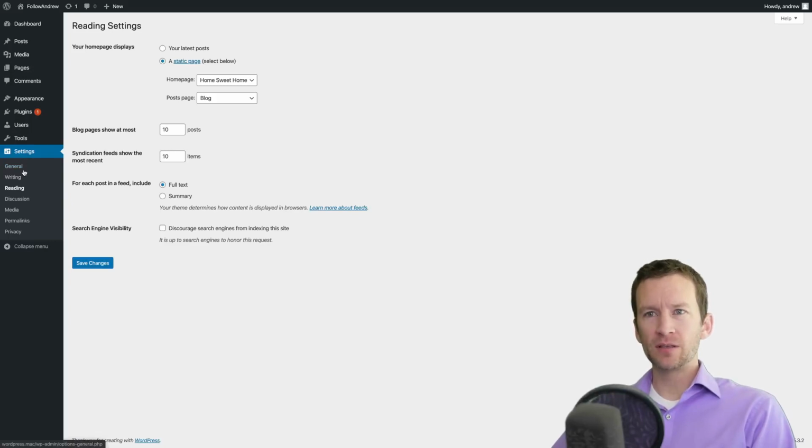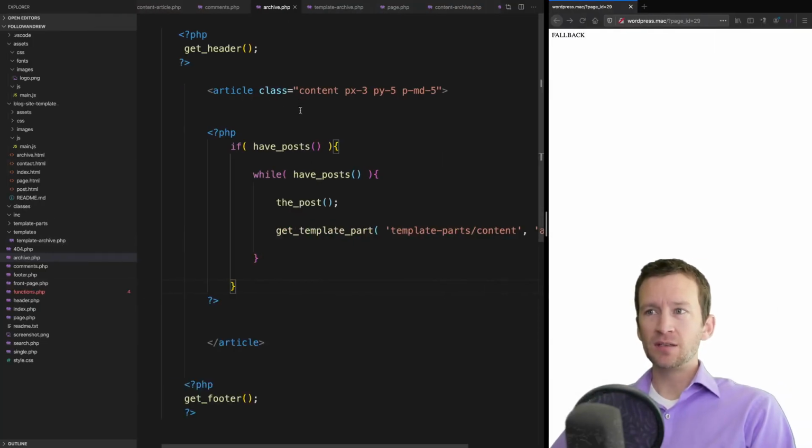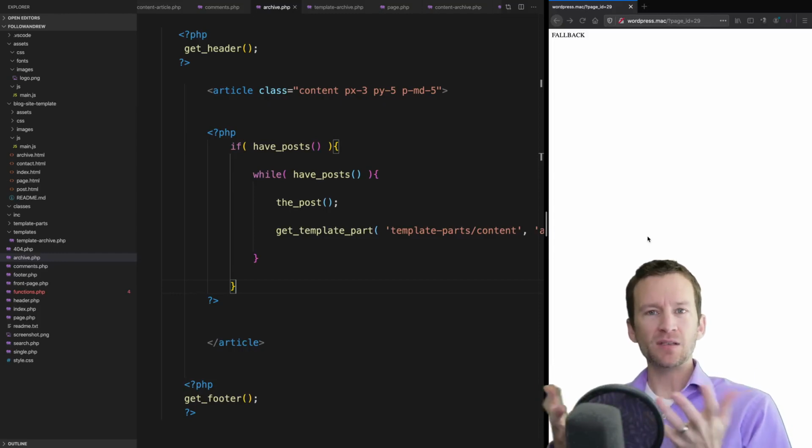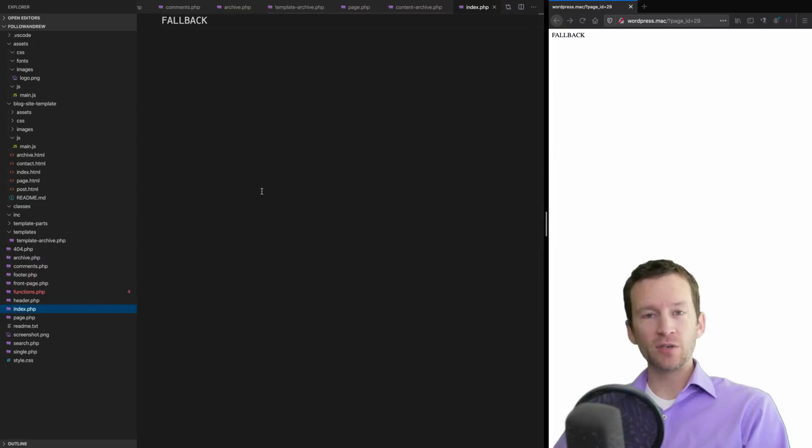Now, because we have our settings reading section set up to show that our home page displays the static page set to this one, and our post page is set to our blog page, our archive.php template is not going to show the blog post archives. The archive.php template only shows things like category archives, tag archives, custom post type archives, date-based post archives, things like that. So our index.php file is actually going to be the file that's used for our blog posts,